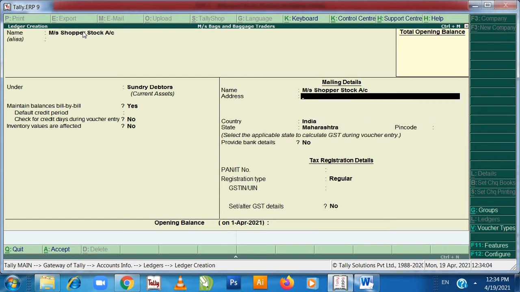If you want, you can mention the address of the company. Shopper stock company is in Pari Industrial Estate, Chiplun.